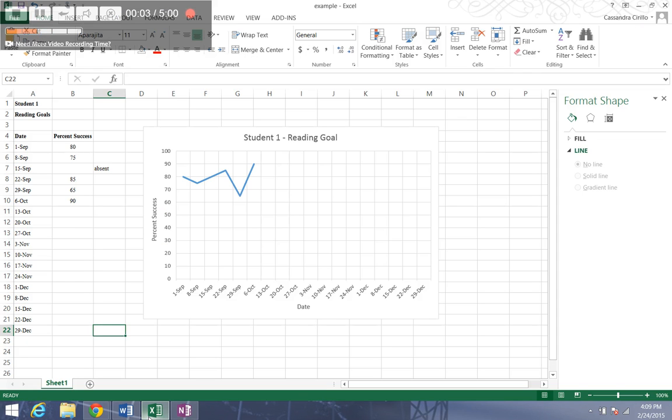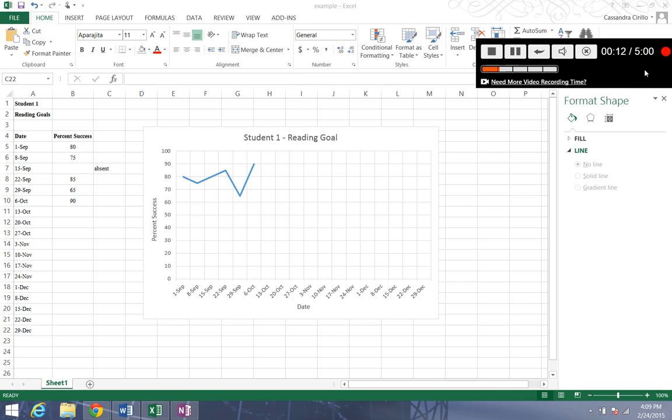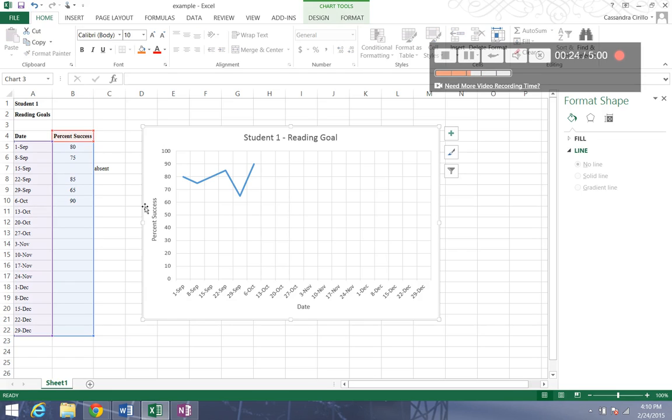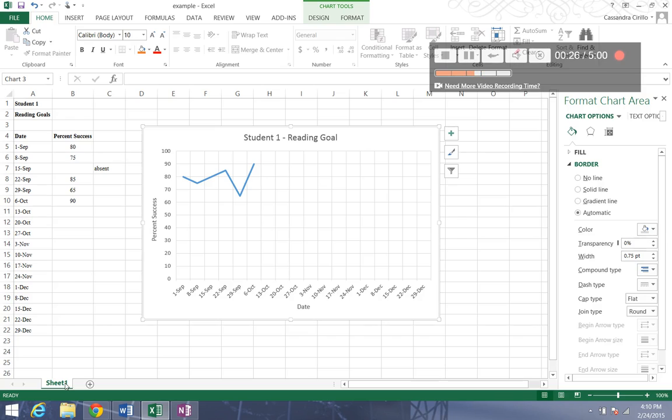Okay, in this video we're going to talk about how to display your data or even replicate your data. I like the vertical columns with the date and the percent, or whatever two variables you have, and the chart on the same sheet. And I can name this sheet. I can right click on here, rename it Reading Goal,